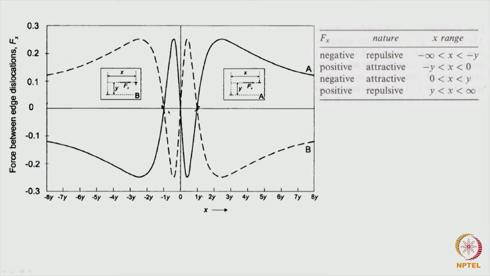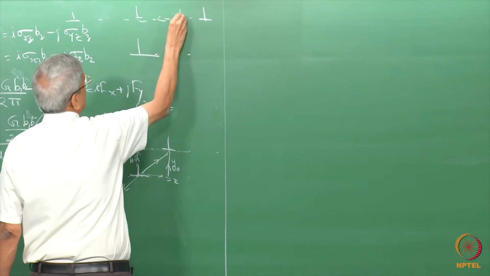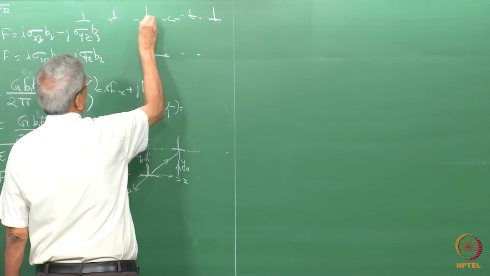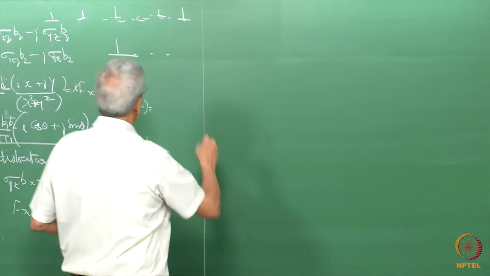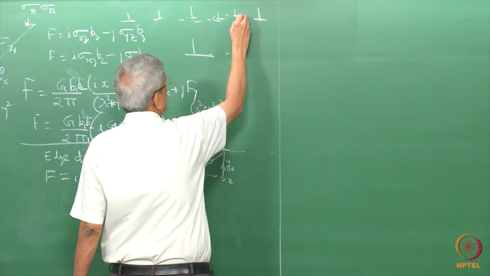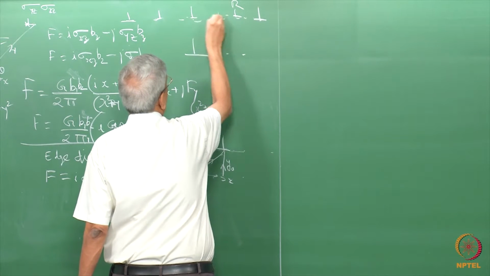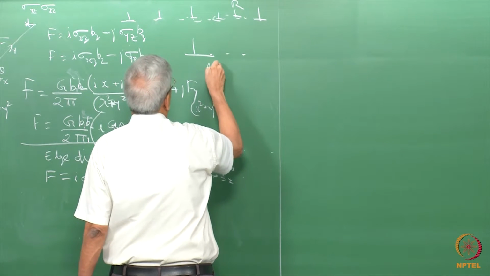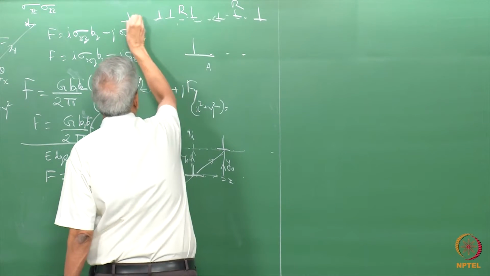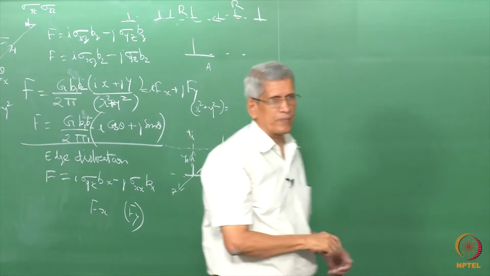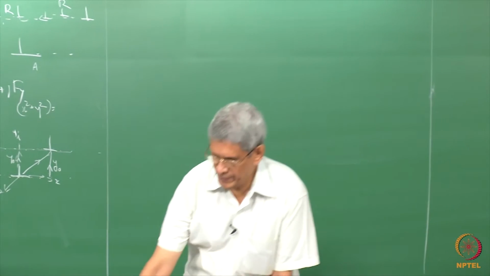That is, assume that the dislocation moves from here and reaches this point, just going on top of it. Various positions we can assume this dislocation has moved. At each position, as it comes close up to a particular point it becomes repulsive, then from here to here it becomes attractive, then from here to here it becomes repulsive, then again becomes attractive. That is the way it is going.